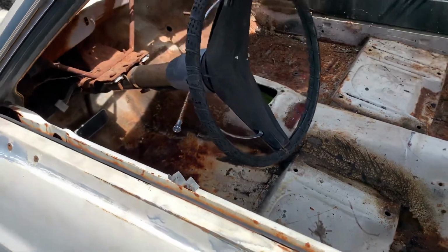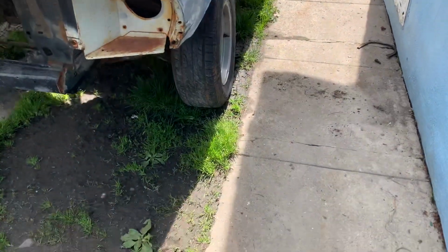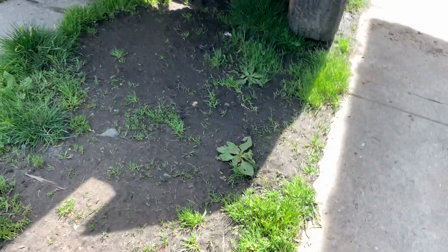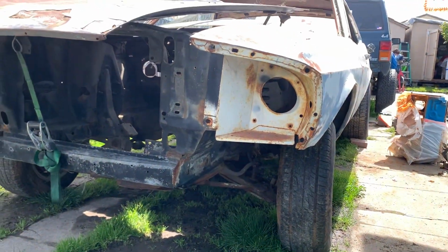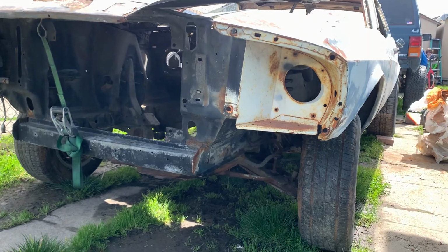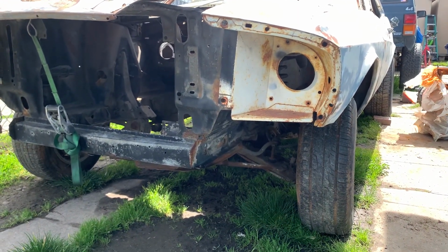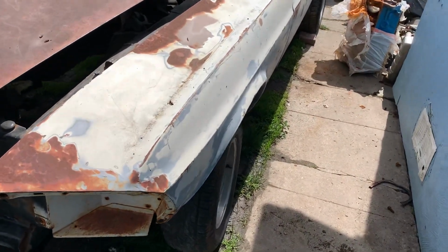That makes me happy. I'm not going to do an original restoration or anything like that. I'm going to do whatever I want with this car. That's what I bought it for. It's for me for the rest of my life. I'm probably going to be working on this thing till I'm an old man, and that's okay. It's probably not going to drive or anything for like 10 years. I'm okay with that. I'm going to be working on it one panel at a time,